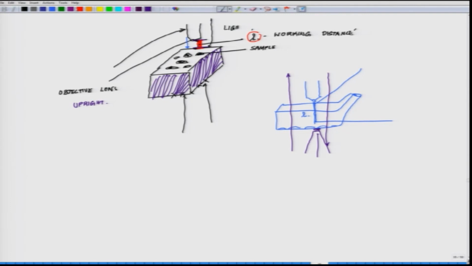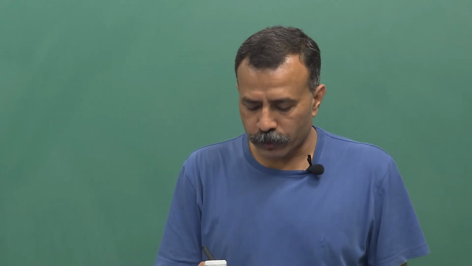Very simple, say for example, this is your dish, and inside your cells are growing, and here is your medium. So, obviously, the microscope objective can touch the base of this vessel, because it's plastic and it's transparent, and you can shine the light through this path and visualize it. So, in that case, you have an inverted assembly, your objective is underneath. Inverted microscope, in that case where the objective is below,